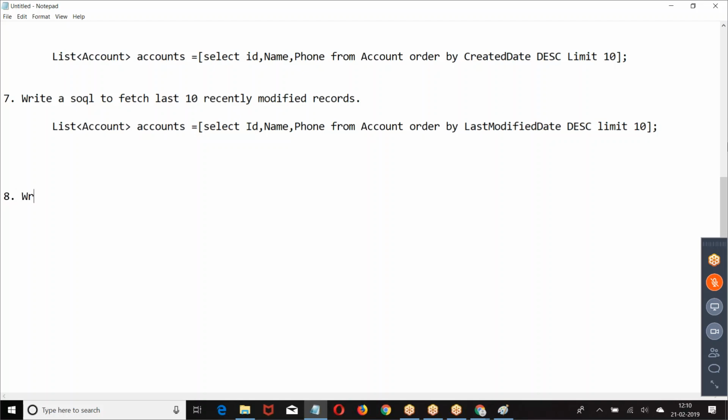My use case is: write a SOQL query to fetch all the account records, and put all the account names in a separate list.